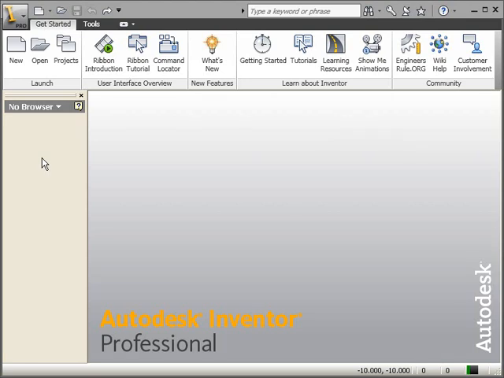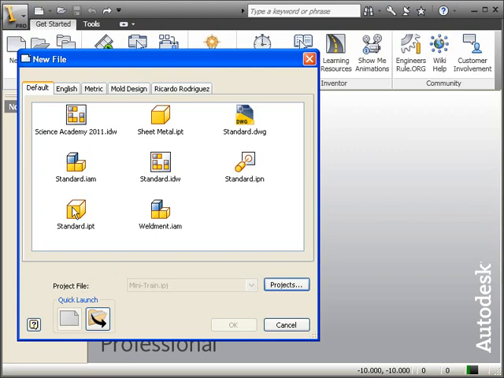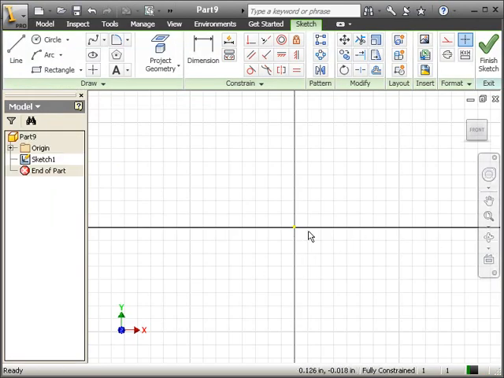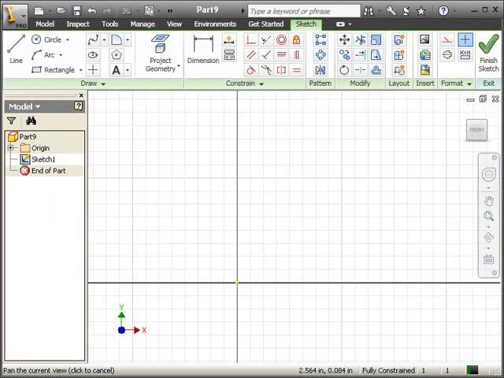We're now going to do part 4, which is the hitch peg. Start with a new standard IPT. Make sure you're working under the mini train project. Click on OK. And I'm going to start off with drawing the profile, like a section view of the hitch